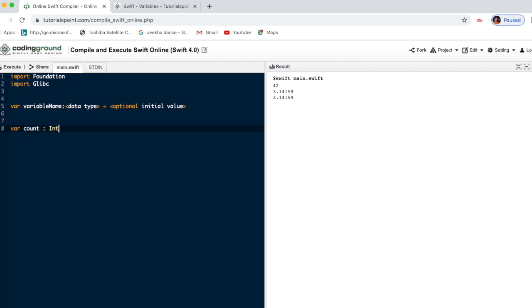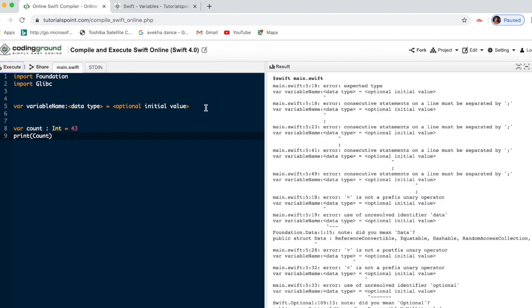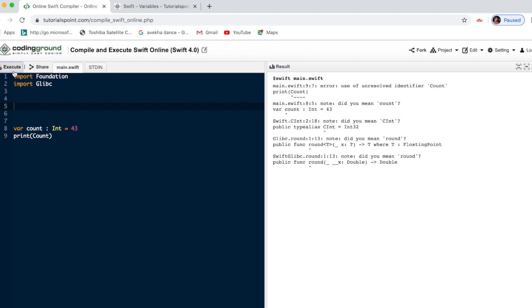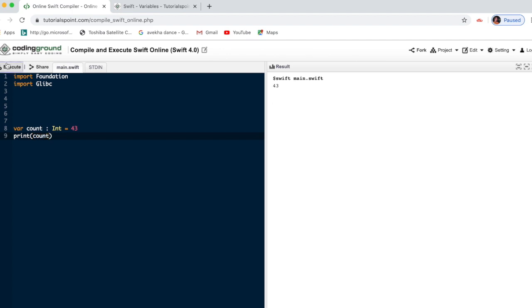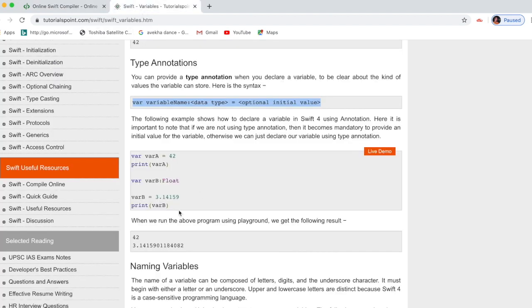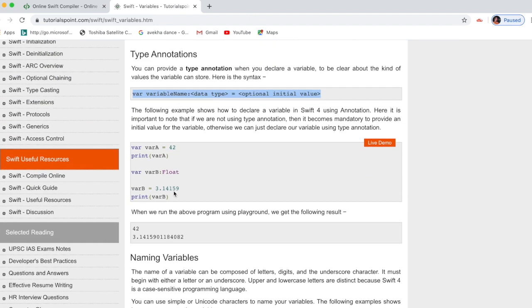I am mentioning that it is int, then equal to 43. This is the way of using type annotation. This is the basic syntax. This is the reason for spelling mistakes. See, this is that. The same case we can write for everything, if it is double or if it is boolean, anything just mention here.